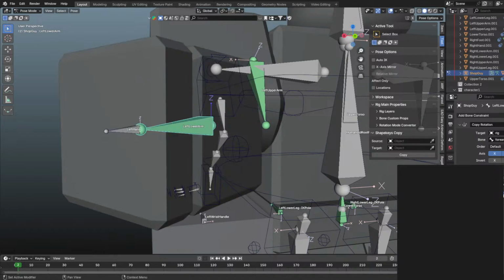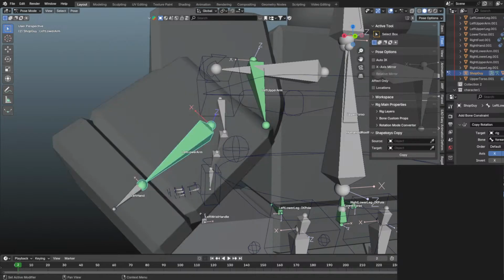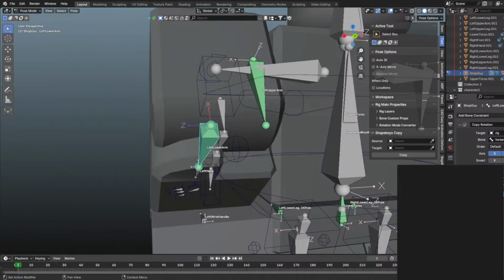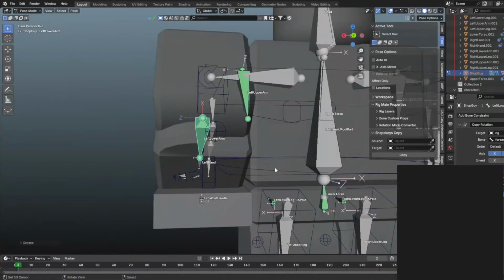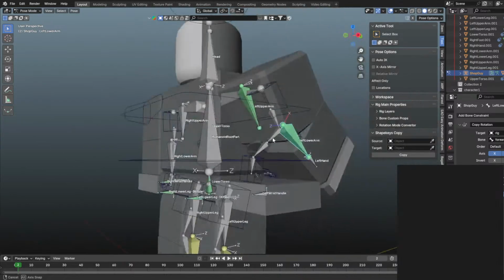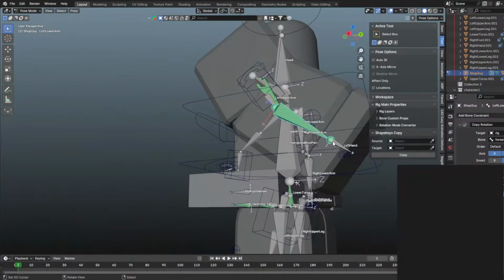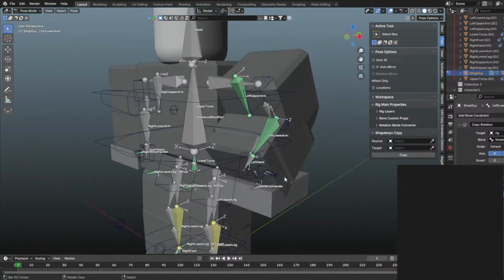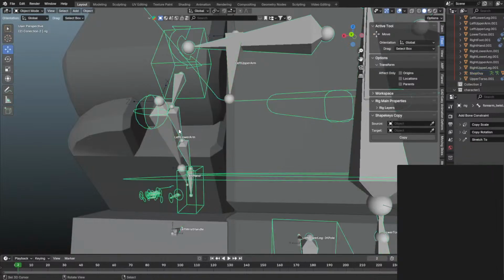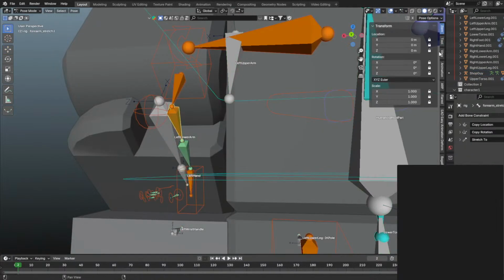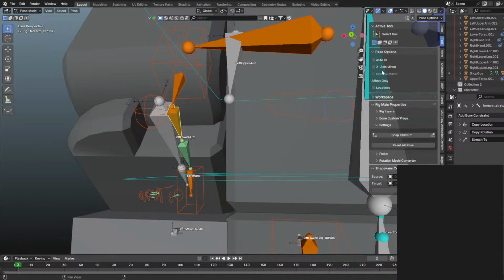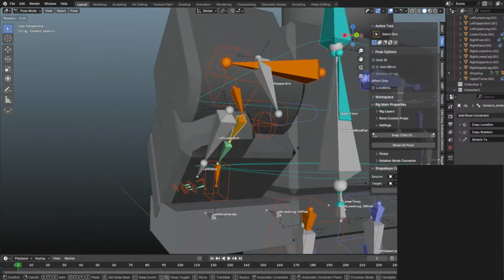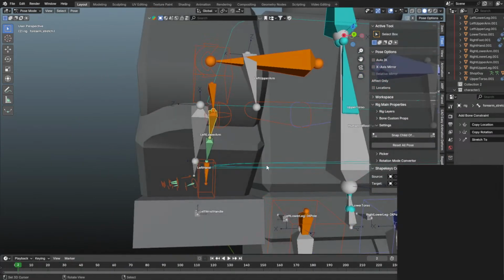I forget what the order is for this stuff, I'm not gonna lie. Just switch between them, try to find one. And I don't want to flip the axes because that's gonna kind of mess things up. If it's copying the rotation and it completely flipped it that way, that's telling me either, and I'm not sure, I've never actually tried what I'm about to do right now. But let's try it, and actually it's probably not gonna work because it comes into a different play, but